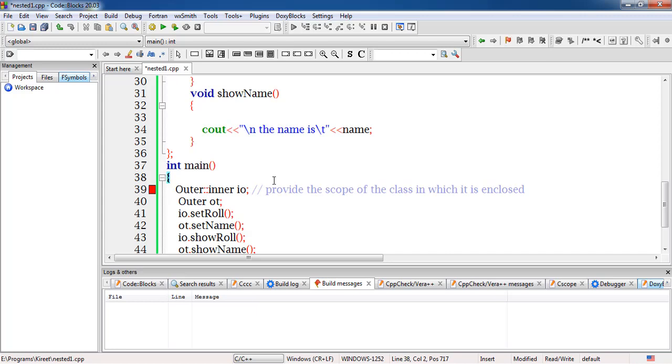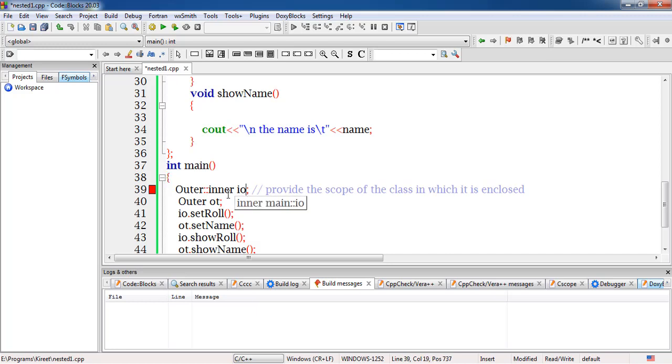we have created a class inside a class, so you can say we have reached a higher level of encapsulation. But if we want to make our data safe, to safeguard our data, and implement the concept of data hiding, we will not declare this class as public. We have to declare this class as private, so that all the members of this class are private. They cannot be accessible outside the class. Outside the class means members like set roll number and show roll number, and you should not be able to create the object of this inner class directly outside main.